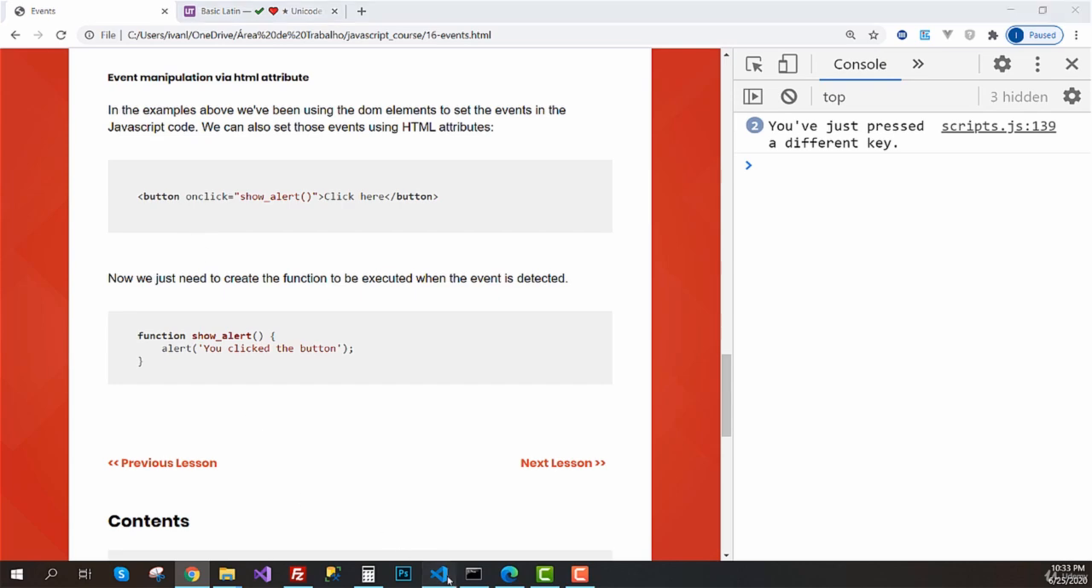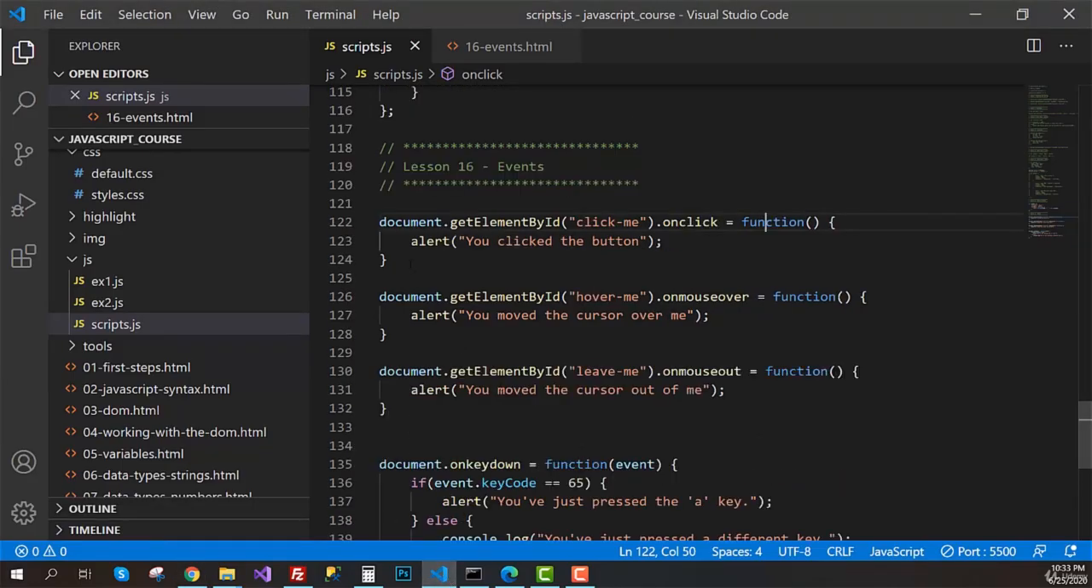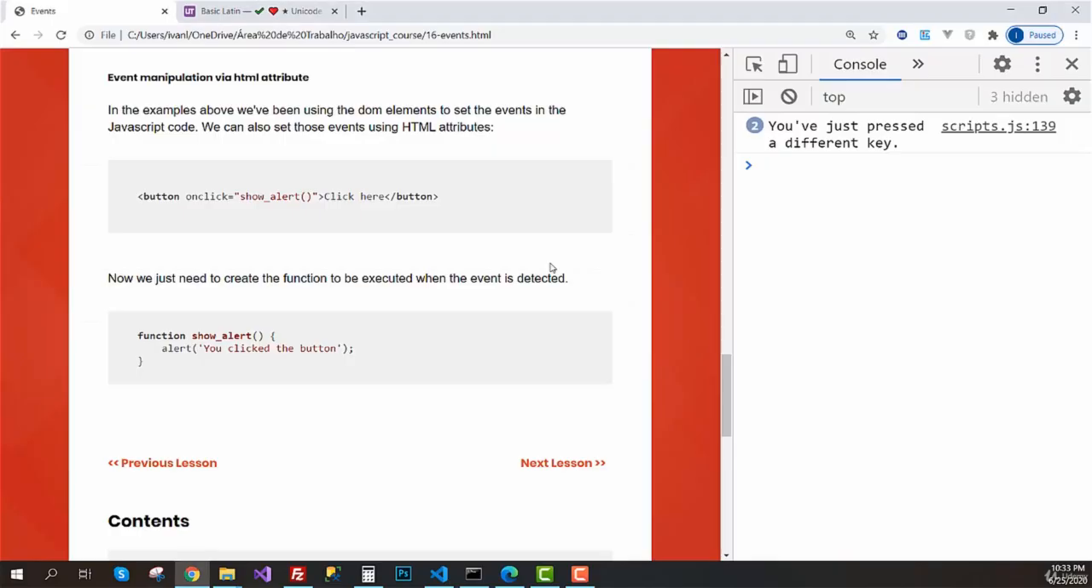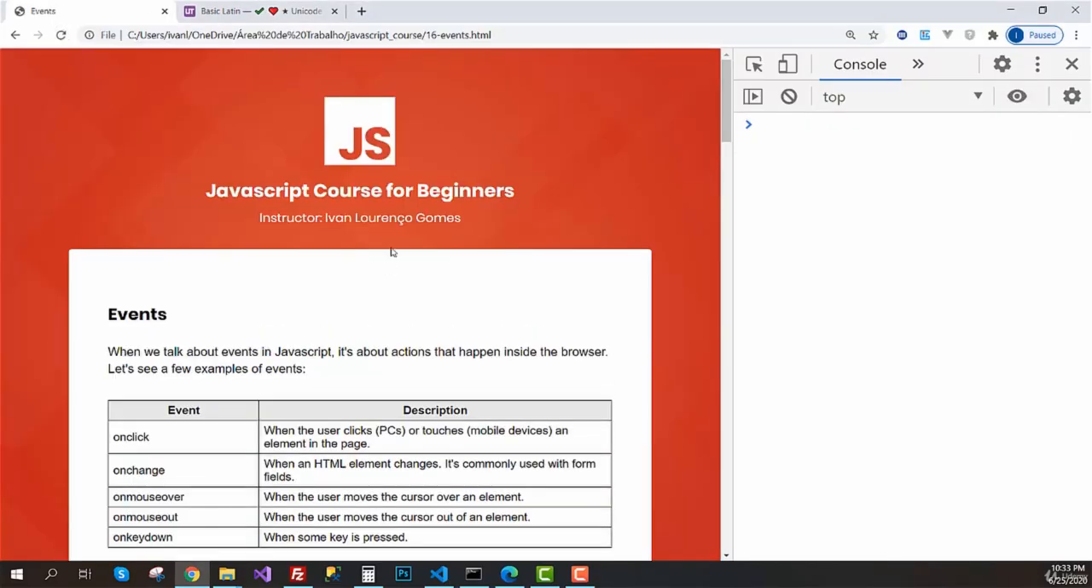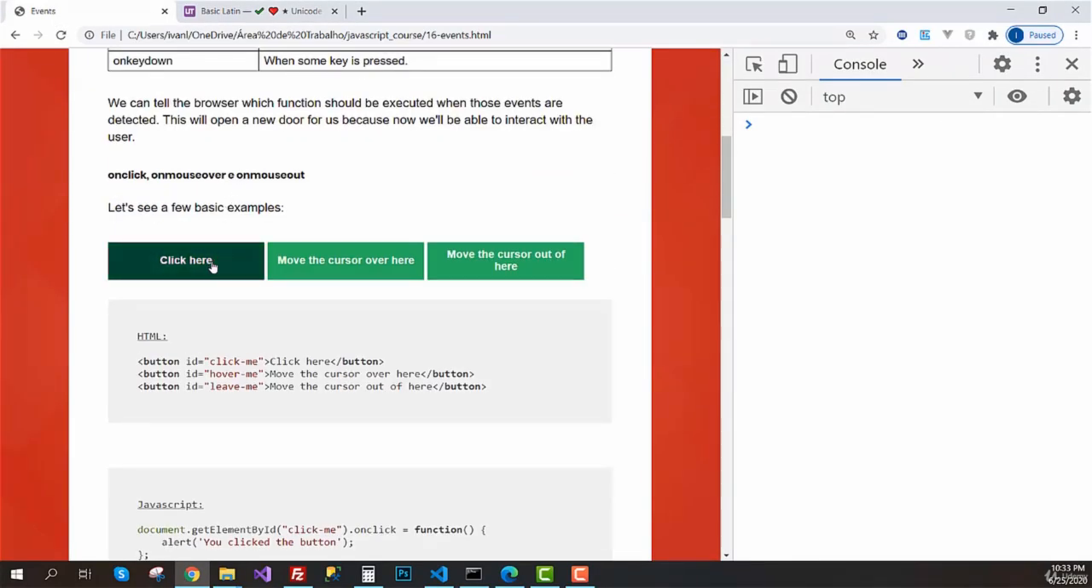So let's go to Visual Studio Code, and now let's just comment these lines of code. So now we are not monitoring anything on this click me button. Let's go back there. Let's refresh the page. So if I click on this button, we can see that nothing is happening. So going back there,